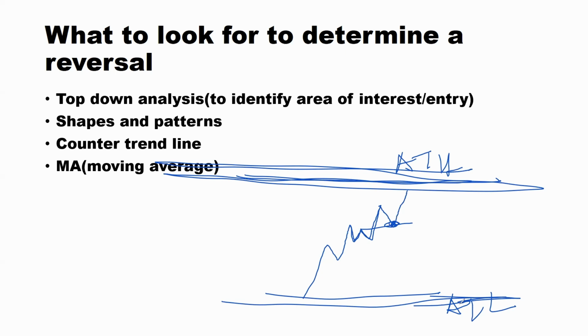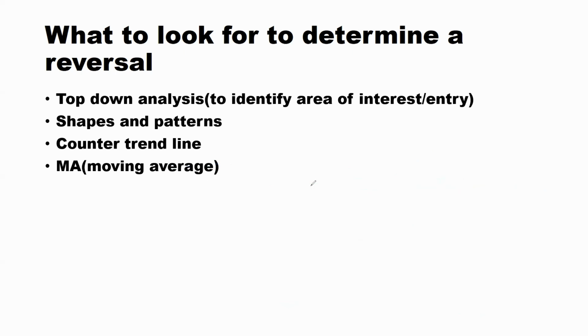If I identify a structure, you know that this is the point I'm entering from, and this is the point I'm exiting from. Are we together? So now another aspect that you have to look out for is what we call a counter trend line. This one especially comes in the entry timeframes. Remember, we said we have a time frame for direction, structure, and then entry.